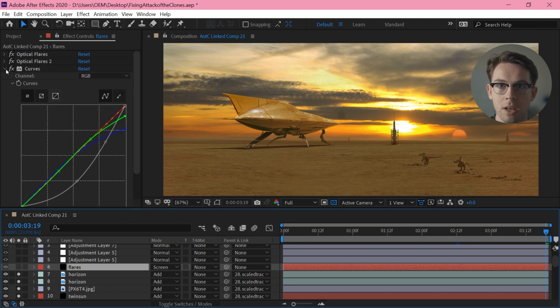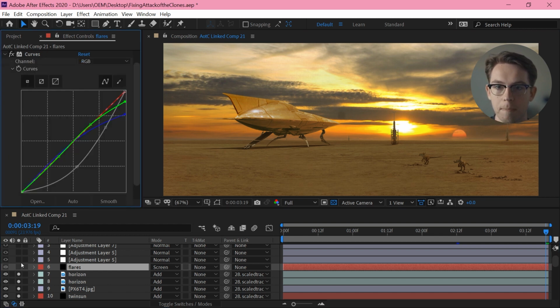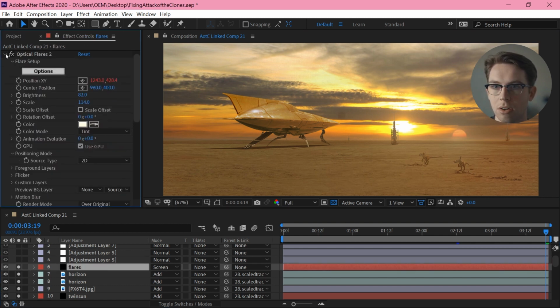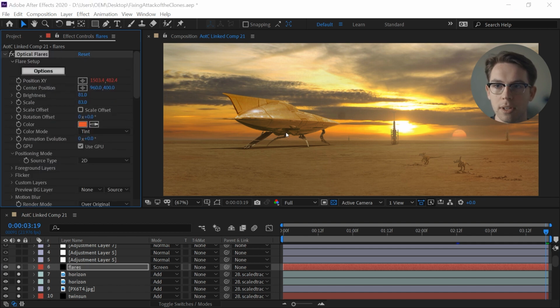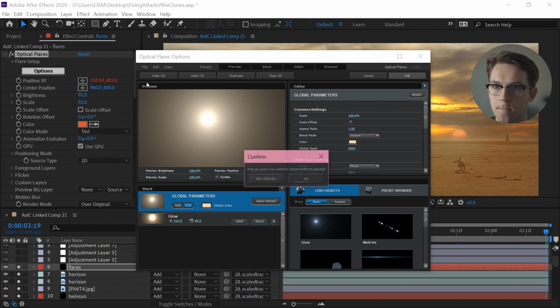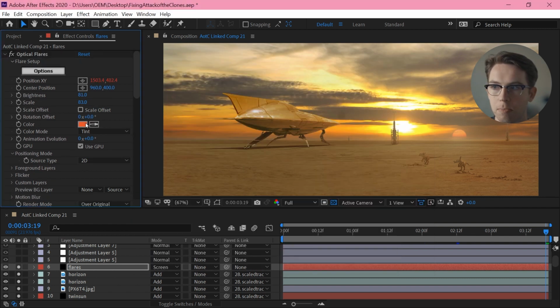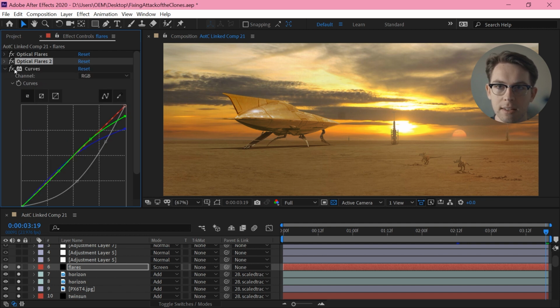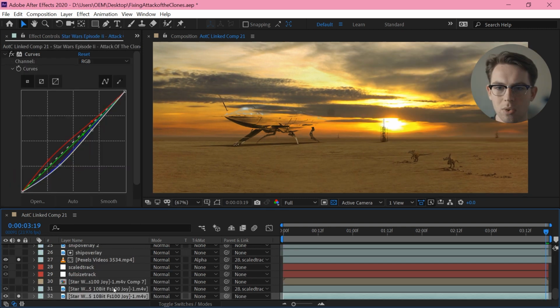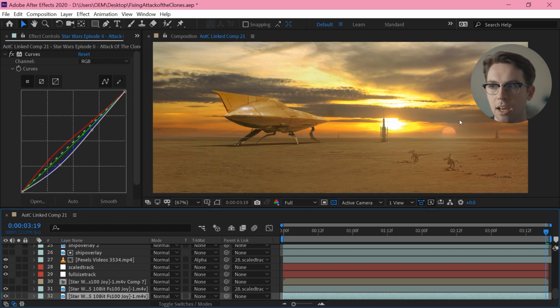So I have just used a couple copies of optical flares with a curves adjustment on them. Now the optical flares are not doing a lot. You wouldn't have to use optical flares for this. These are just basically point lights. You could use a gradient ramp and a curves adjustment and basically get that effect. One of them is tinted more orange, and one is more white. But basically, it's just adding this sort of glow. So even though when I started it looks very contrasty, by the time I get up to here, I've kind of blown it out and it's all looking quite flat again.